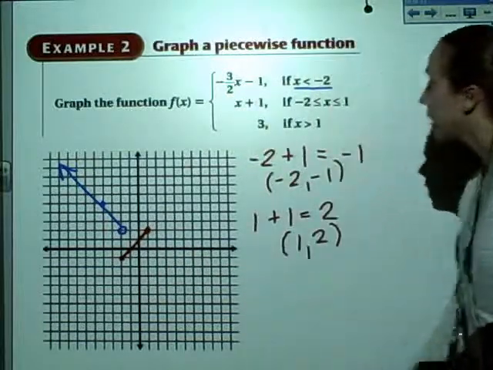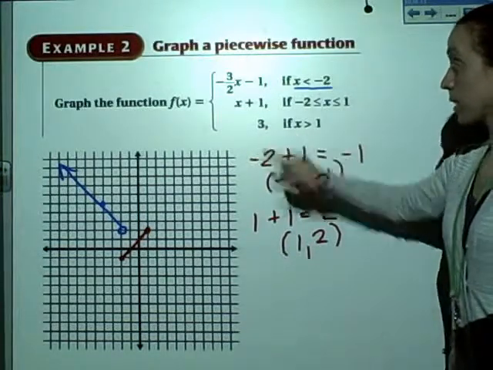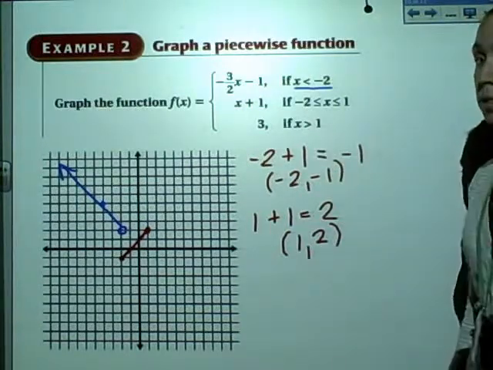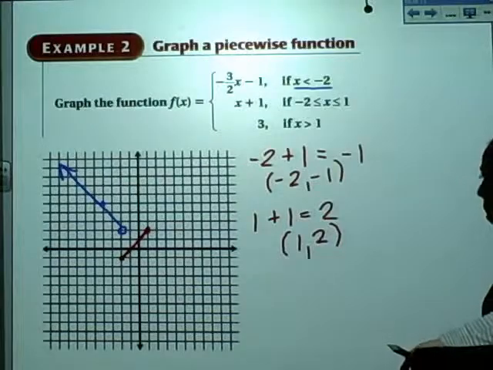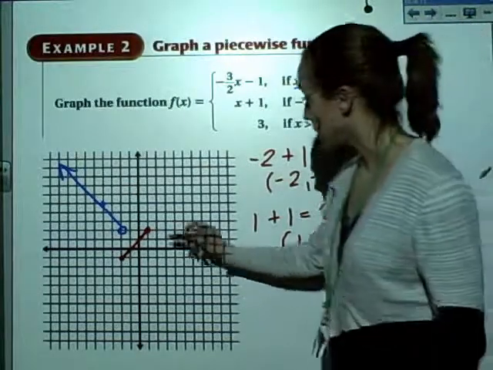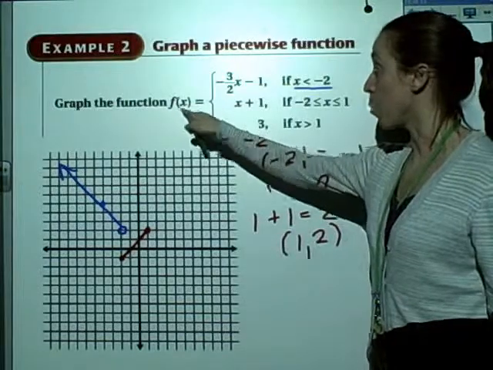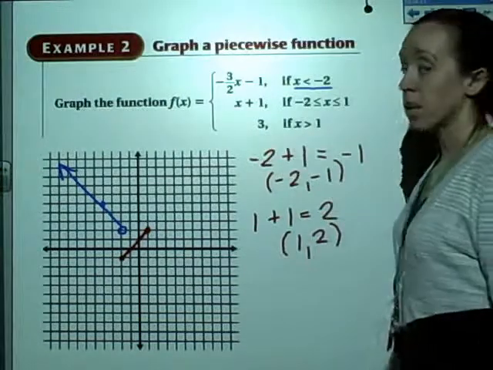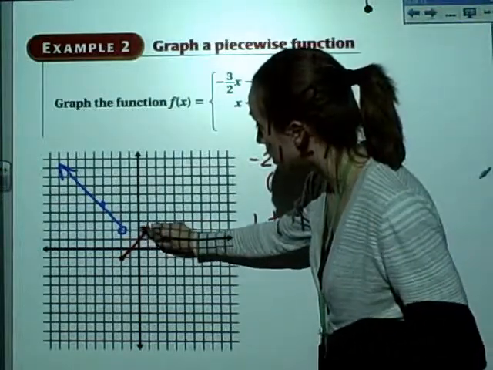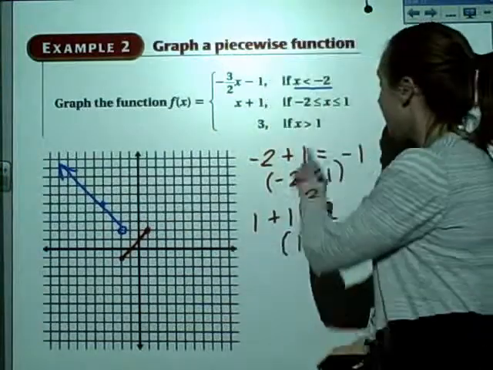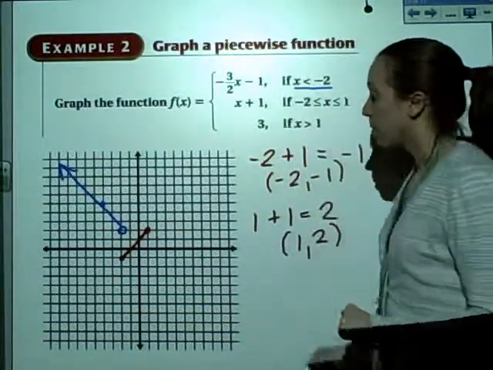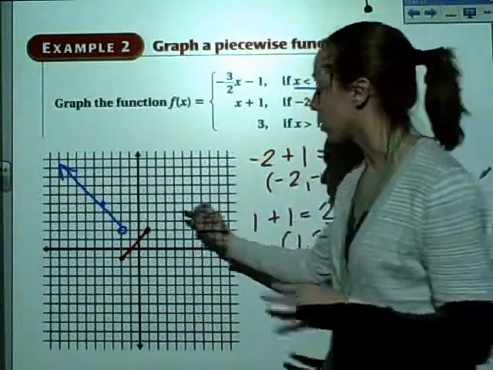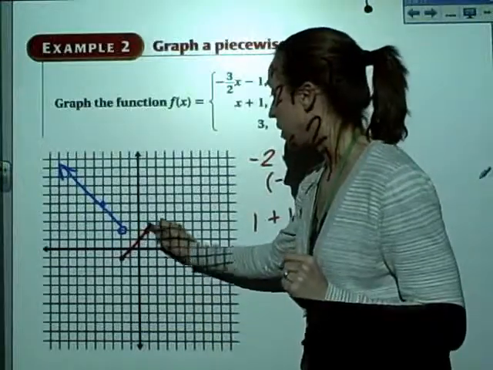Almost done. Whew. Last one. This one says my function is 3 if x is bigger than 1. So this one's a lot easier. All I'm going to do is I'm going to go for where y is 3. Because this is saying my function y, remember f of x is the same as y, f of x is 3 as long as x is bigger than 1. So I'm going to go to 3. Okay, and it says x has to be bigger than 1. So that tells me 1 cannot be a solution, but that's part of my domain. So I'm still going to use that 1. I'm just going to put an open dot